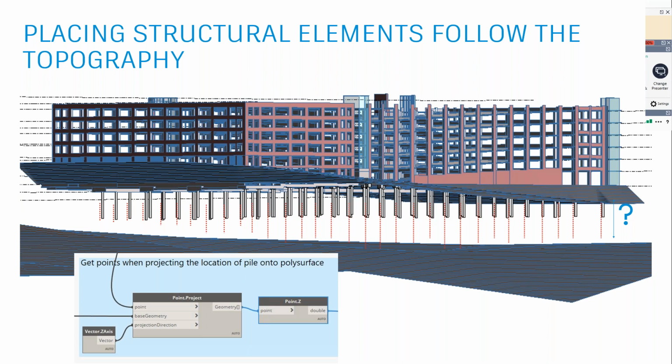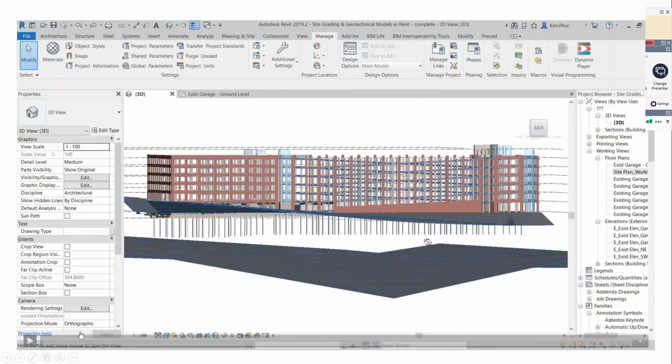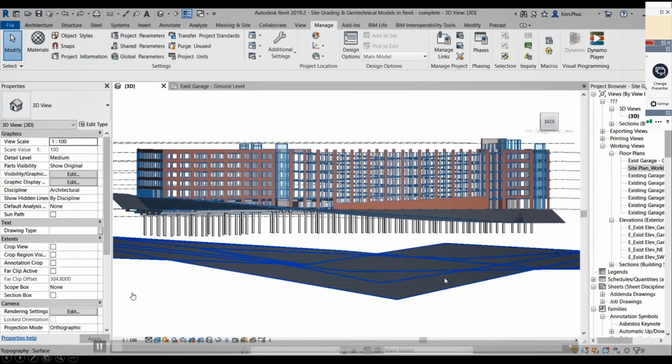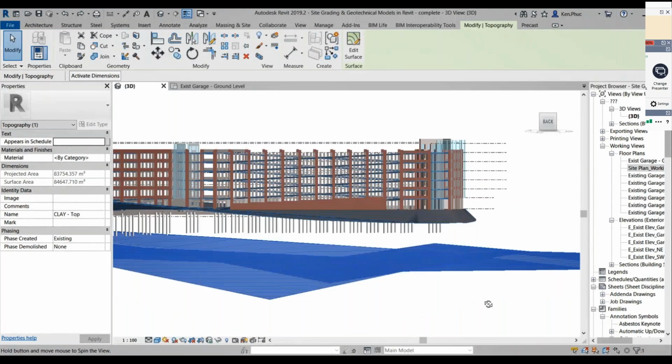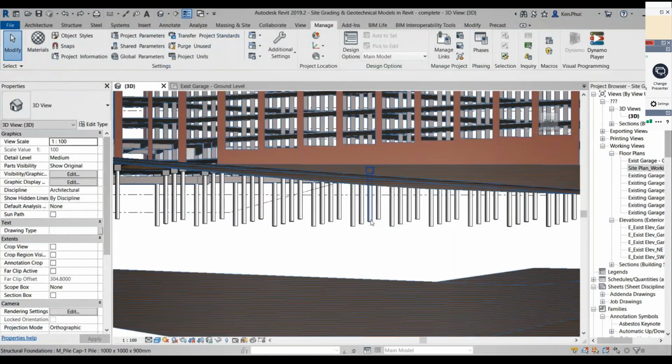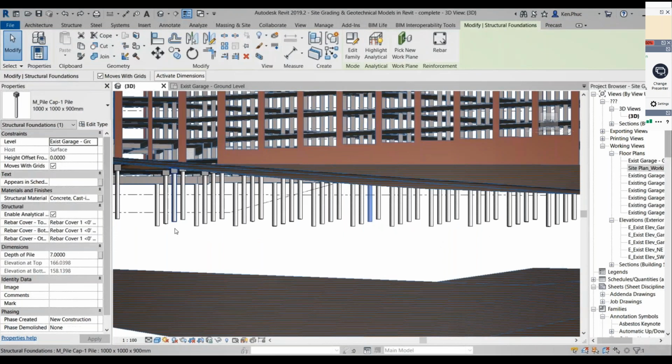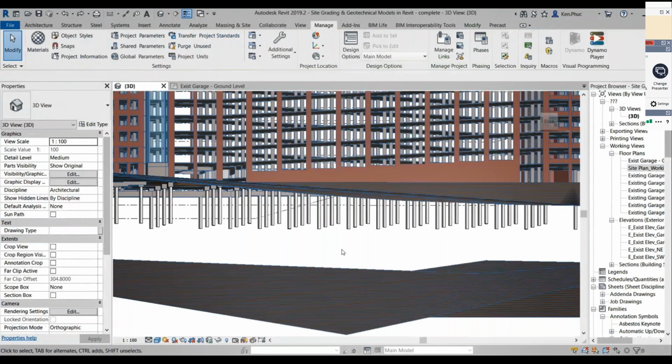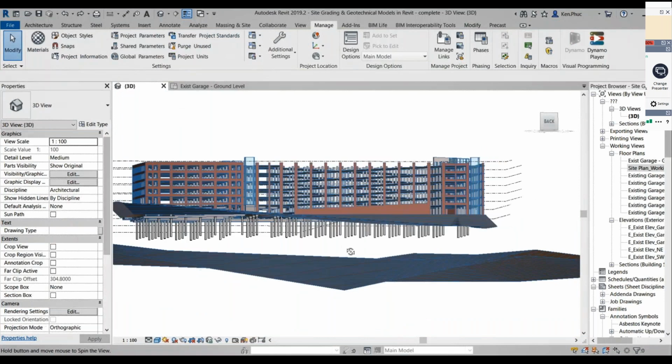Because each pile will have a different length in case we have not graded the surface. So here is where Dynamo can become really useful, where we can bring in that automation by identifying the projections of the pile on my topographic surface to determine the actual depth. Now here you see there is already a parameter called depth, which is added in each and every pile.